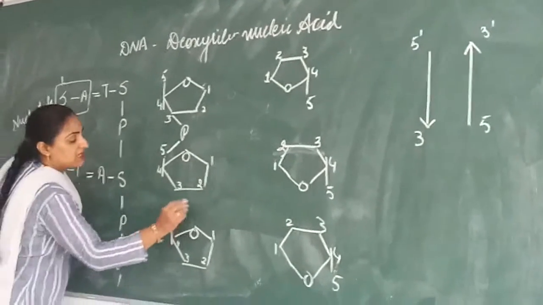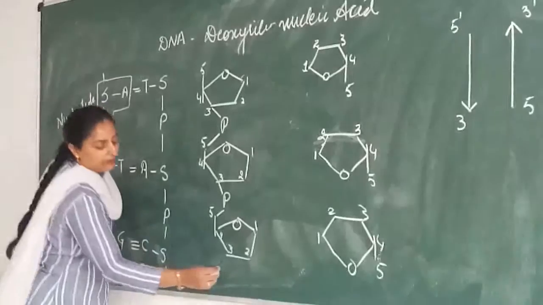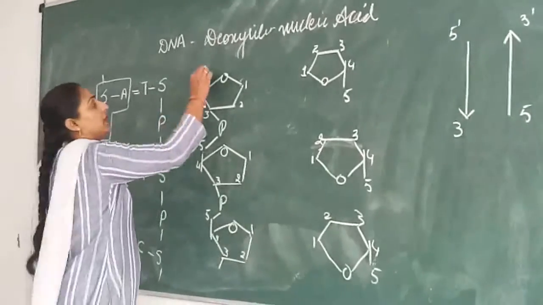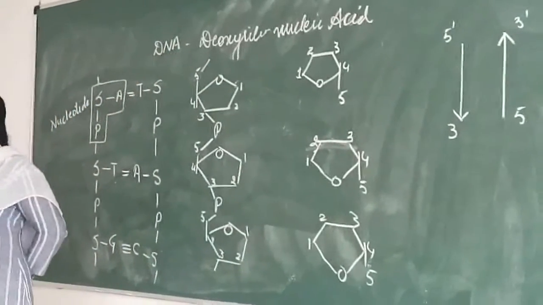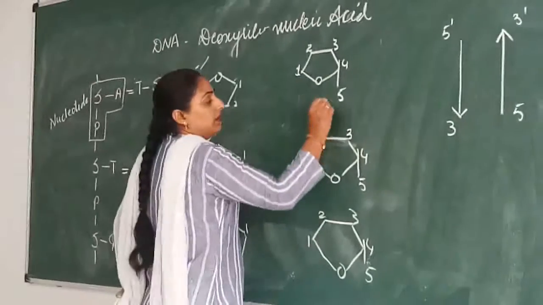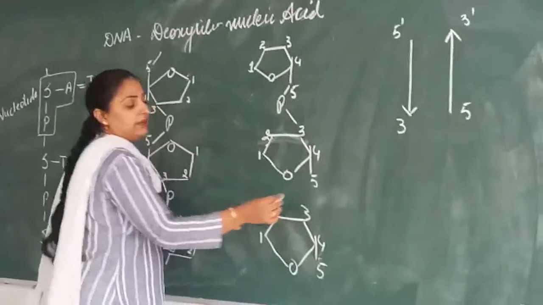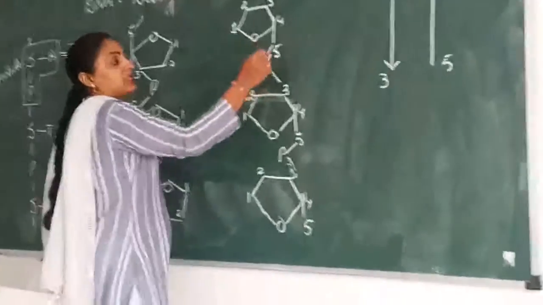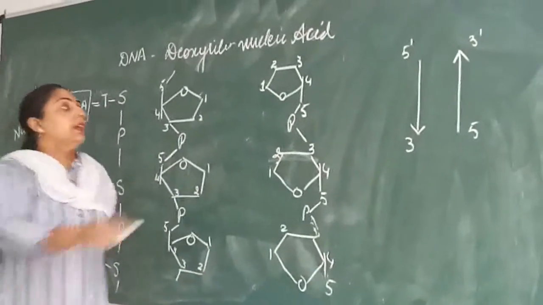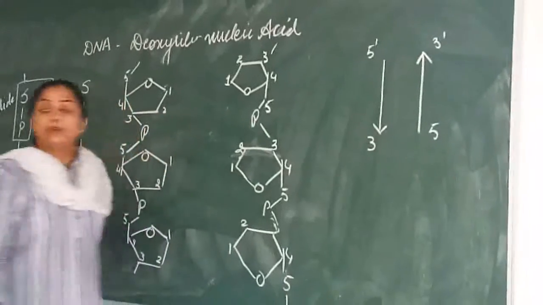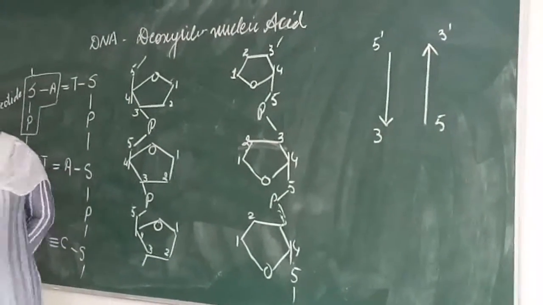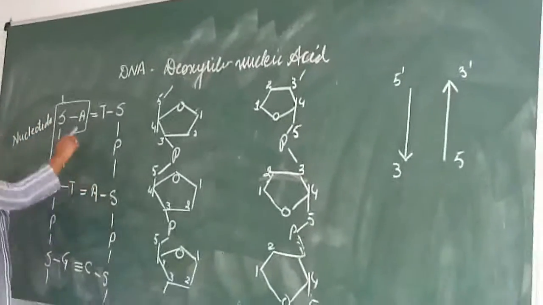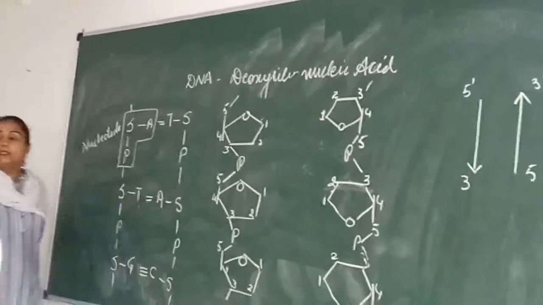Again there is phosphorus with the third carbon and the fifth carbon. This is again in continuation, this means this is joined with the phosphorus. Here also you can see fifth carbon here, third carbon here. Again phosphodiester bond. Again this is in continuation. Is it clear? So this is a phosphodiester bond,